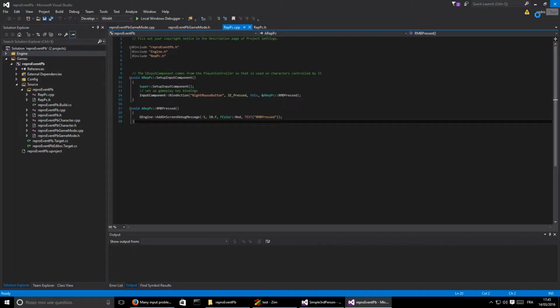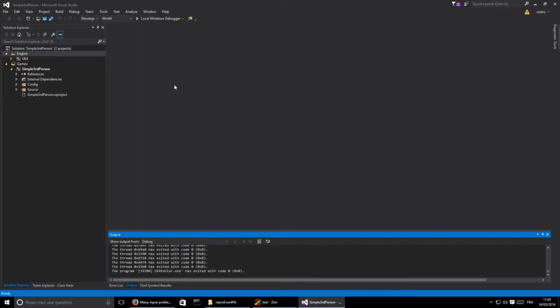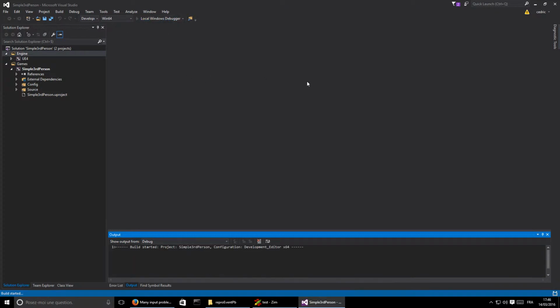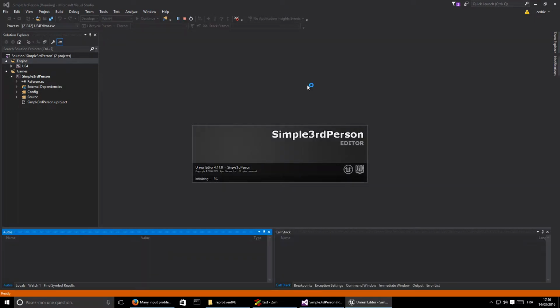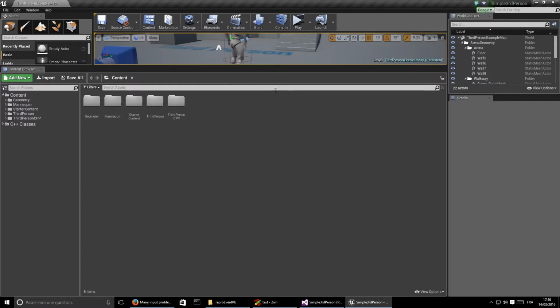So I'm not going to send you this project. Instead, I'm going to use a bare C++ first third-person project, this one. And I'm going to show you that I get some very strange behavior that might be related to my problem. So there is no customization in this project. This is really the out-of-the-box C++